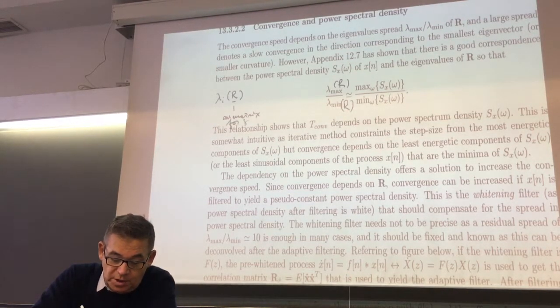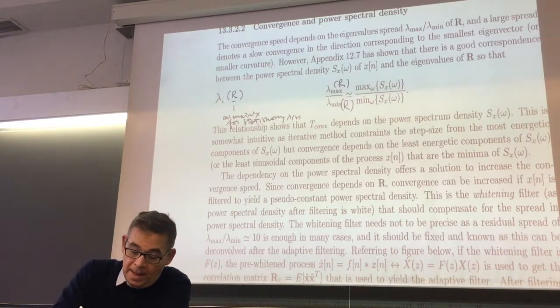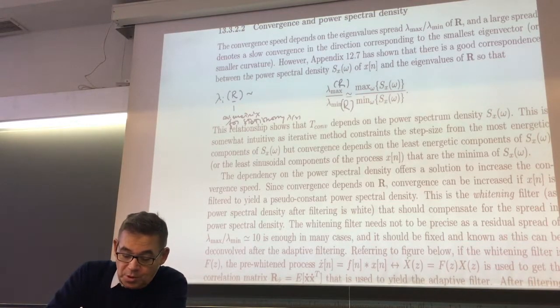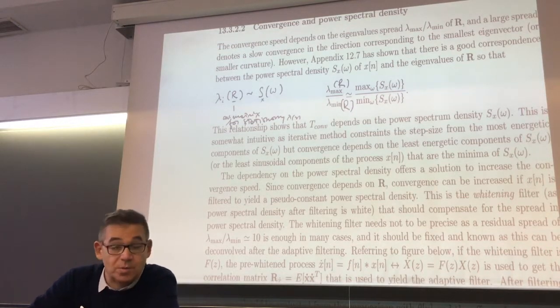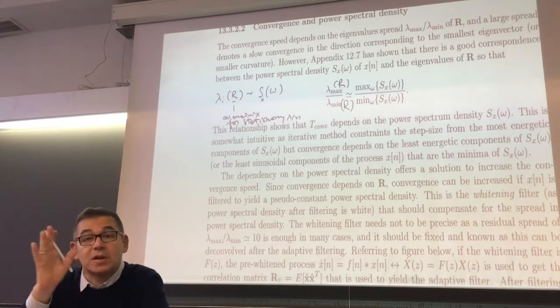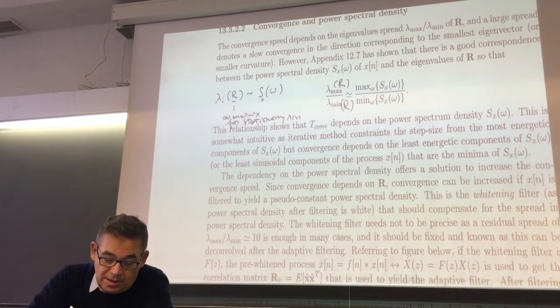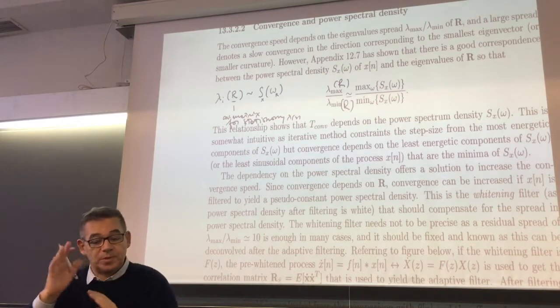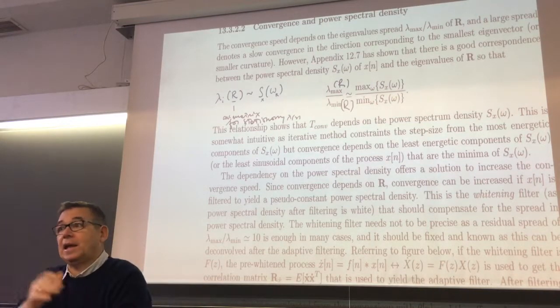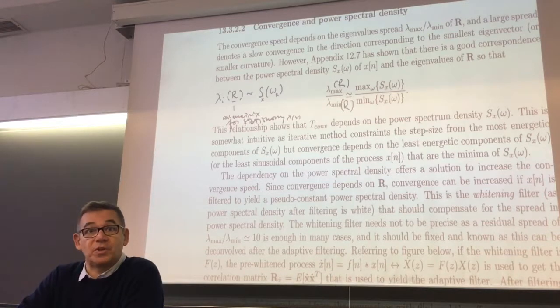for stationary x[n], okay, this one is in some way proportional to the power spectral density calculated at a particular omega for the same process. For a particular omega, okay, now this omega we call omega k. So the relationship between lambda i and omega k is a little bit not trivial.